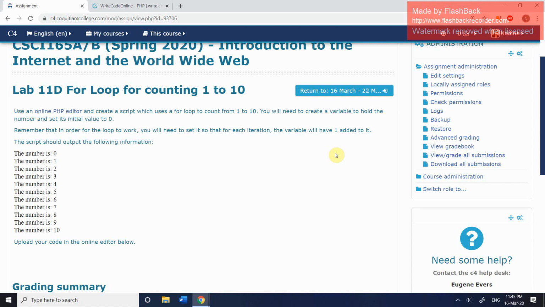Okay, in this lab we're going to use the for loop, which is very similar to what we did last week with regards to the use of the for each loop with arrays, but obviously there are no arrays here. We're just going to use the straightforward for loop. And what we want to do is to create a script which uses a for loop to count from 1